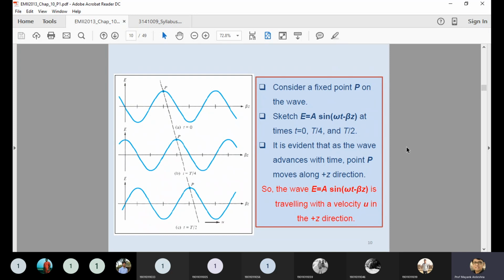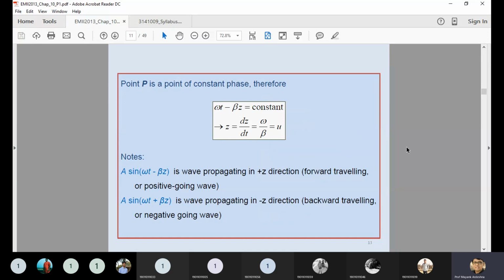These are the different representations of the waves at different locations. One is t equal to 0, second is t divided by 4, and third is t divided by 2. In terms of distance, whenever t is equal to T by 2, already you know that to complete one cycle you require the lambda distance. So for T by 2 you require lambda by 2, and for T by 4 the distance is lambda by 4. Based on this we can find out the location of the waves.